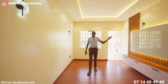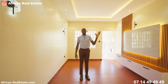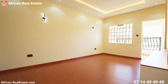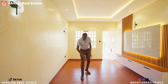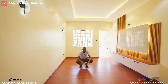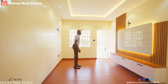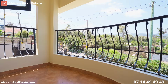It comes with a space where you can do a TV if you wish to. You get enough good lighting to make sure that when you're here, you can switch your moods to match the lights, or you can switch the lights to match the mood. As you can see, it has been given a floor of SPC just to make sure that it is warm all year round. The family room comes with a balcony,